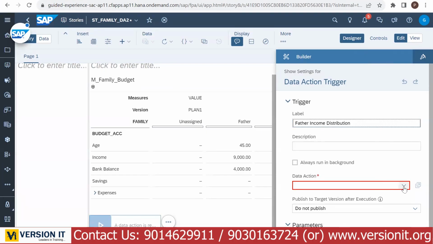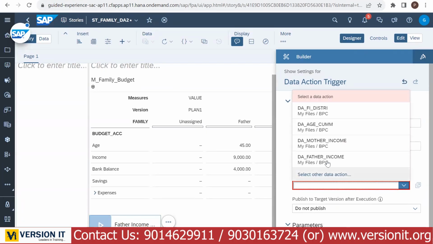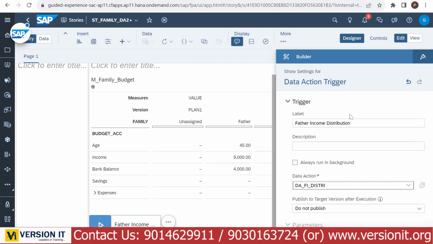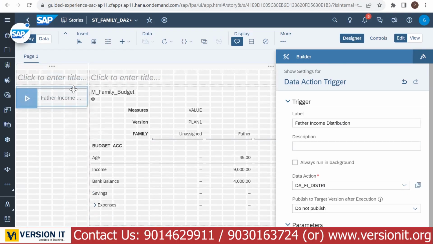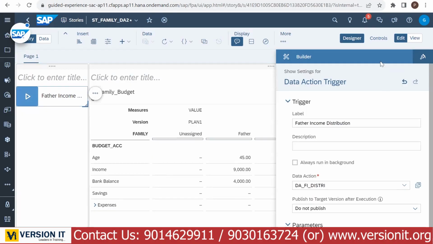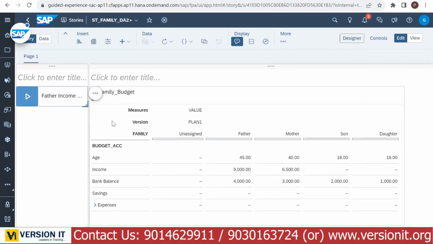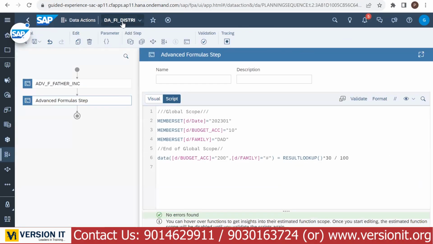Okay. And what is the data action? This one. Okay, that's it. This one, I want to move it to here. Okay, right. Now, if I press this button, automatically this script gets executed and it updates the